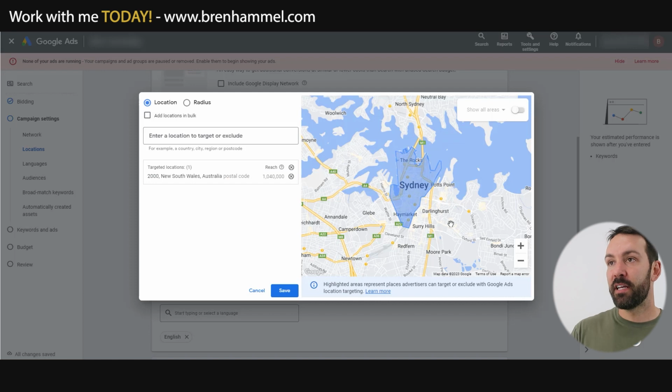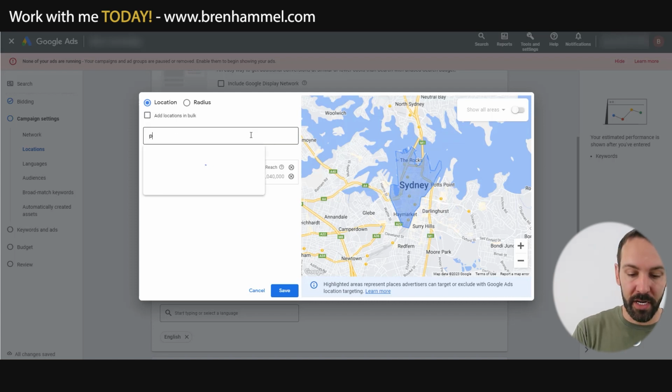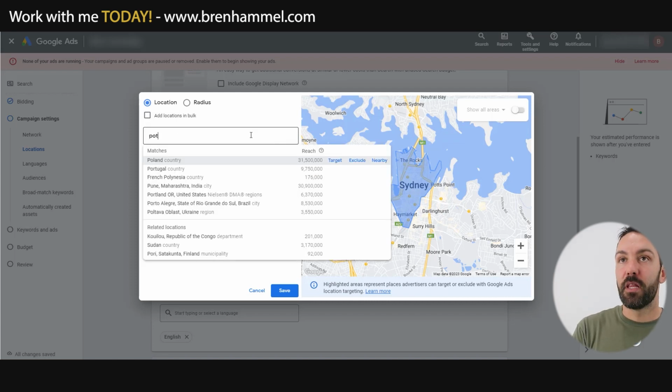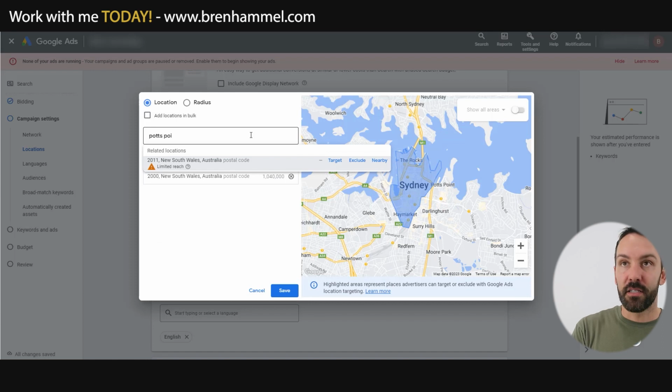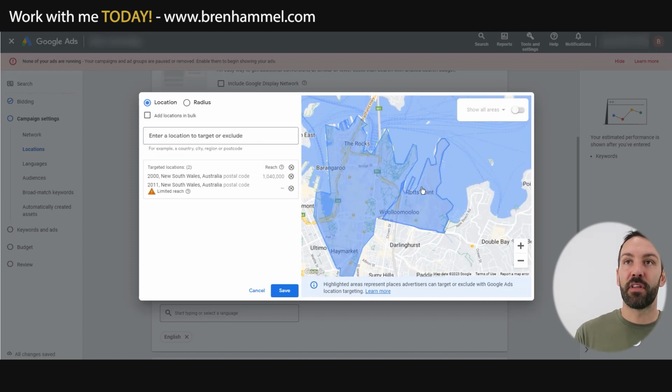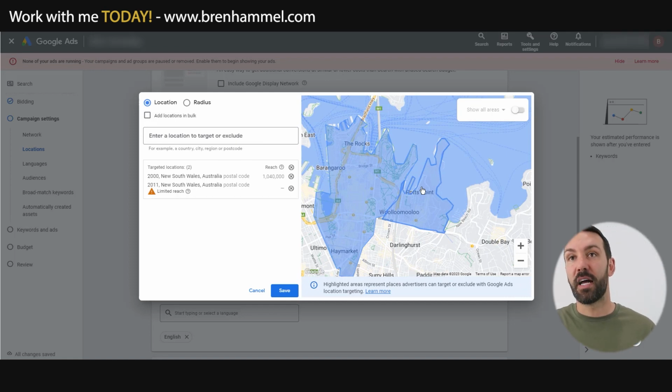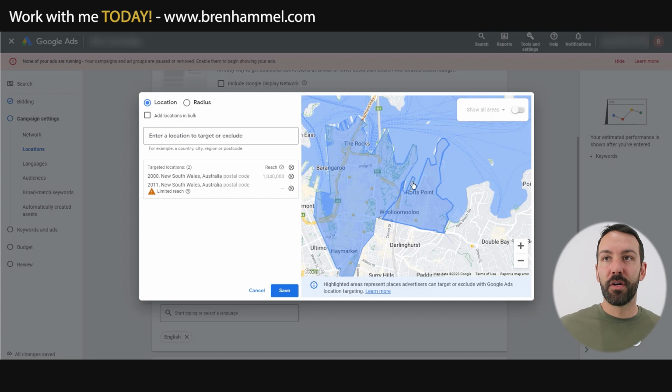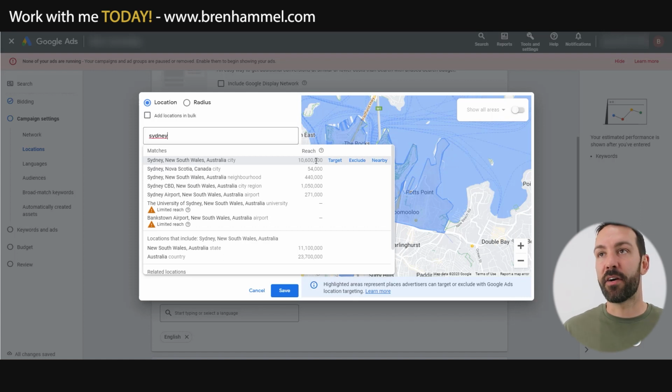So let's see if we can pick up, let's say, Annandale. Let's say Potts Point. It's probably a little bit easier to type. So we can target that way. We can find suburbs, and we can target them very similarly, and it's still at the postcode level, right? Now, if we wanted Sydney, because it's a larger area,